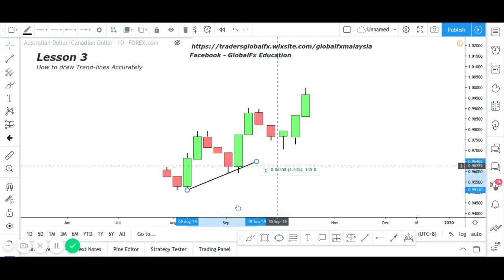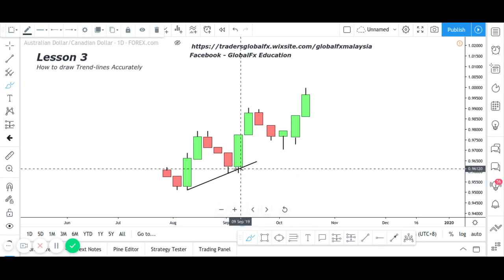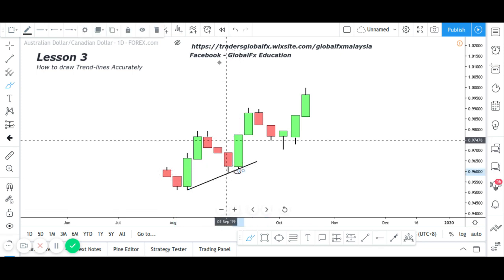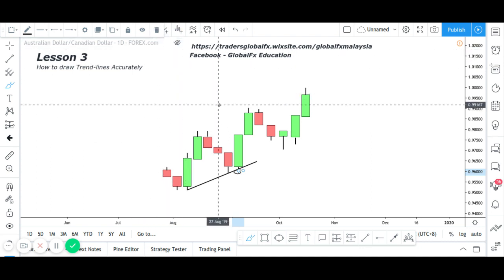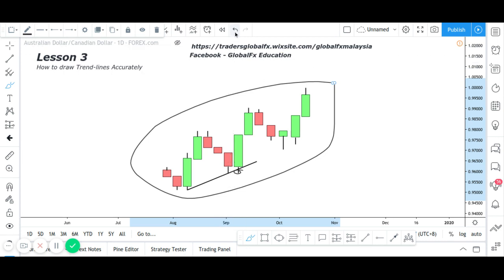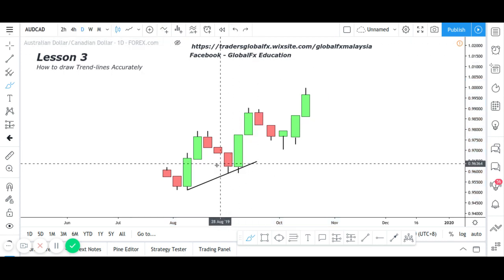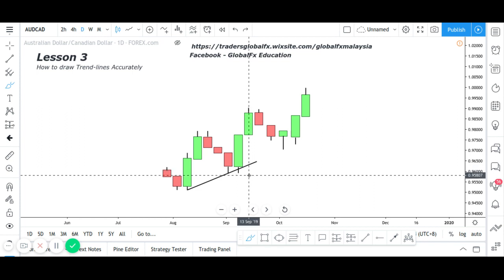Now, what I mean by the bottom of the candle, yes, it is cutting through the wick, but this is exactly what we want because we are still touching our dynamic support. The market will sometimes break through that trend line and then continue the push to the upside in this situation of a bullish market. Now, when I mean cut through the wicks, yes, you can cut through the wicks, but